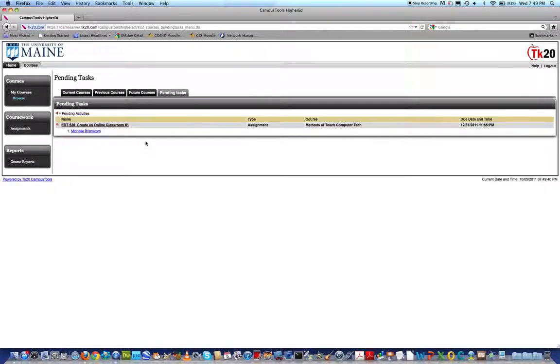After you click on You have pending tasks in courses, you will notice that you have a student that has uploaded an artifact. The student will be listed after the assignment name, and underneath that assignment name the student will be listed here. 1, and then the student name, then 2 if there is a second student in your class that has uploaded, then 3, etc., etc. Click on the first student name,